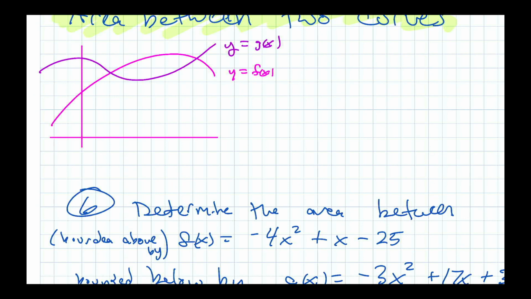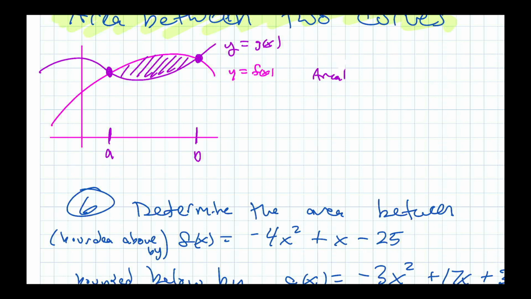These intersect at two places, here and here, right? Right there, and then right here. And that's also why I referred to this as being the top curve, even though down here it's below, because in this region, the pink curve is on top and the purple is on the bottom. Okay, and then if you have this kind of setup, and we want this area between them, then the area